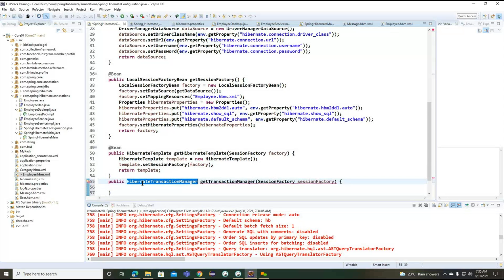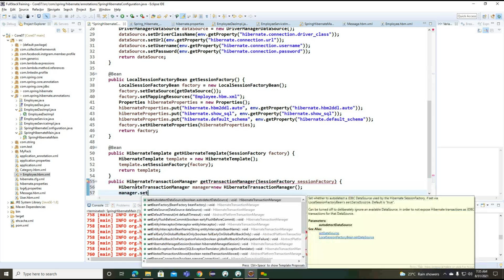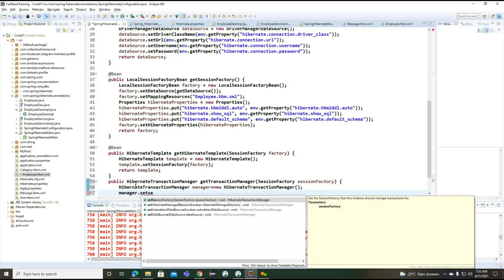Now what we can do, we'll create an object of this particular Hibernate Transaction Manager: manager is equal to new HibernateTransactionManager, and manager.setSessionFactory.